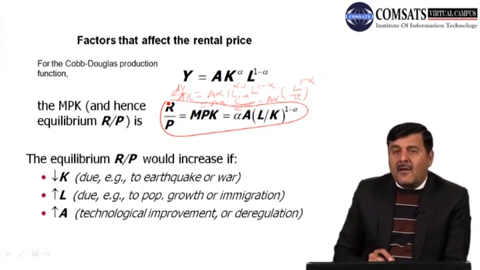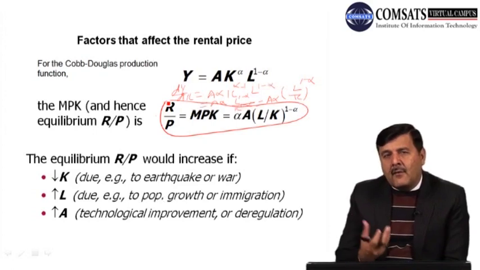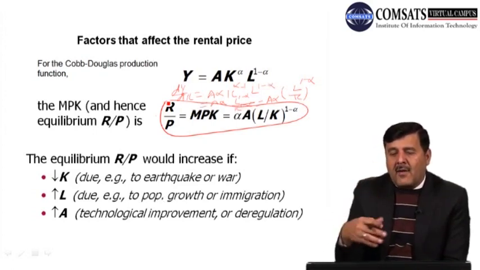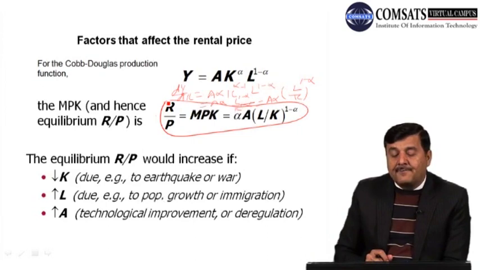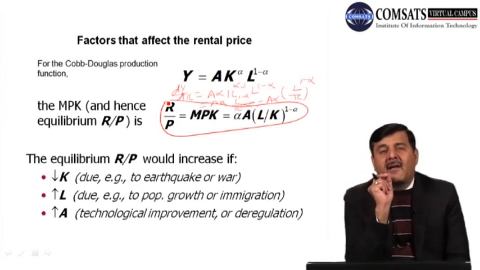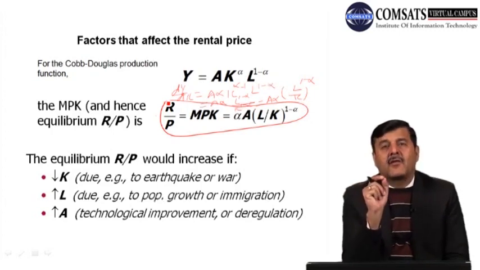If new methods of production are introduced in the country and the economy, if new methods are used, new equipment is used, नई टेक्नोलॉजी को आप यूज करते हैं प्रोडक्शन प्रोसेस में, तो ओवरऑल जो मार्जिनल प्रोडक्टिविटी या रेंटल प्राइस ऑफ कैपिटल क्या होगी, वो बढ़ जाएगी। राइट, तो तीन फैक्टर्स जिनकी हमने बात की जो कि कैपिटल की रेंटल प्राइस को इफेक्ट कर सकते हैं। व्हाट आर दोस थ्री फैक्टर्स?